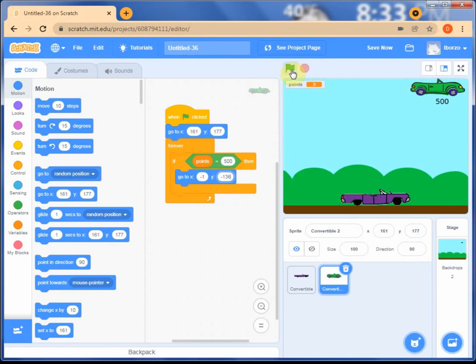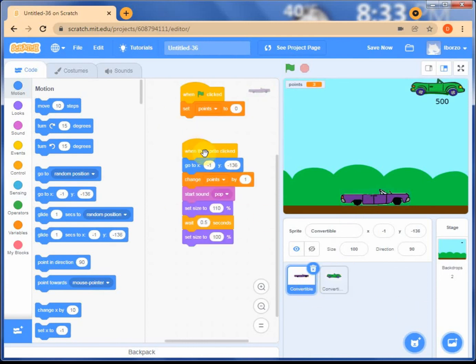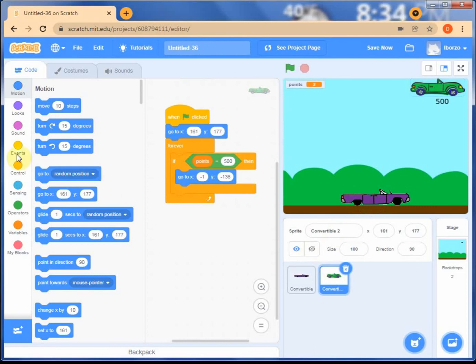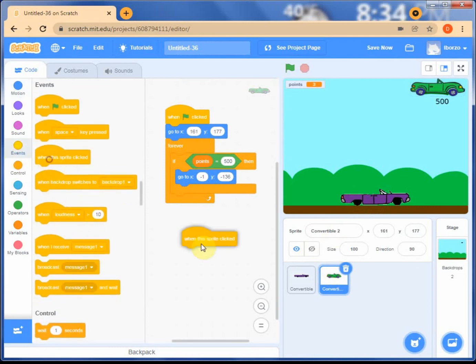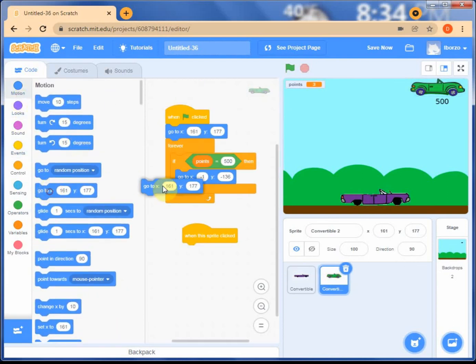Alright, so now if we get 500, this will go over here. And then when it goes over there, we want to have this happen to it. So now it can get clicked. So now we say when this sprite clicked, and we look over here, we want to go to -1 and -136, and then